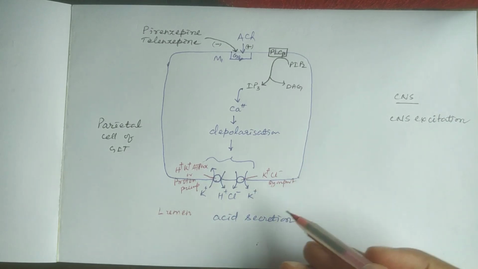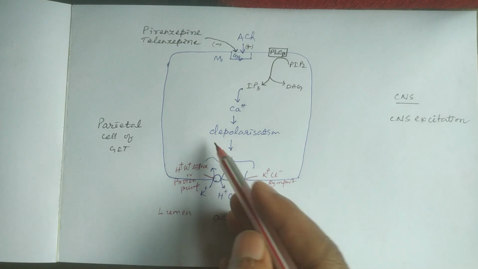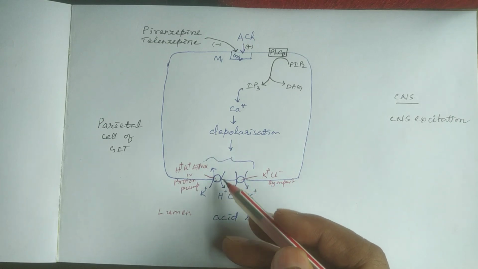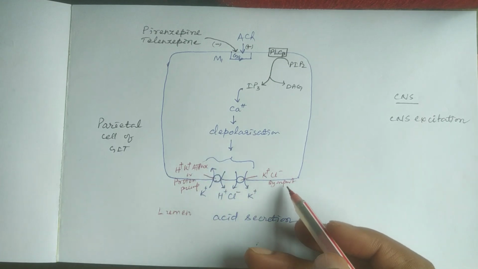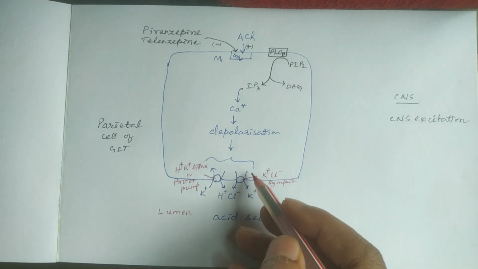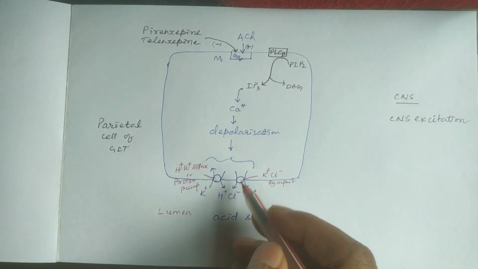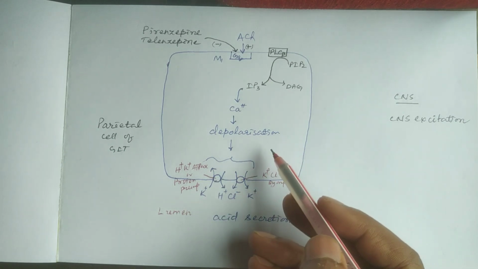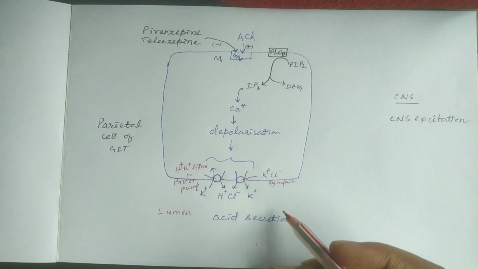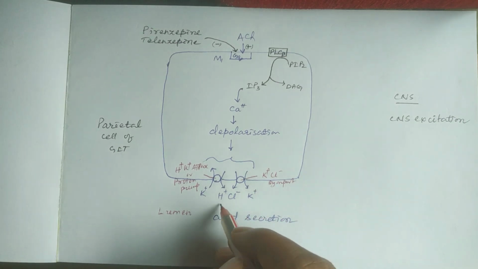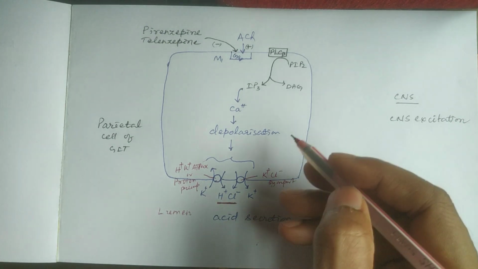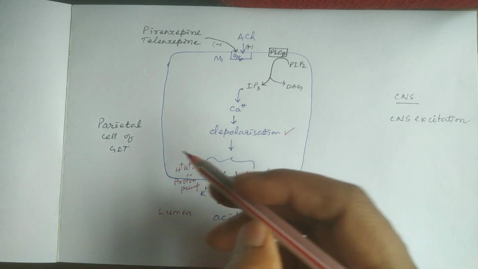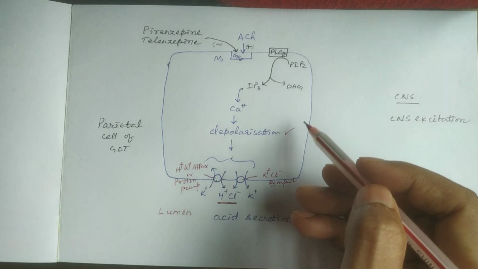and here from the cell, acid or proton is pumped in exchange of potassium, and this is a co-transport process where potassium and chloride both come from the parietal cells into the lumen. So there is H plus Cl minus, that is the gastric acid. Acid is secreted, and how is this there? Due to the depolarization of the parietal cells, and this depolarization is